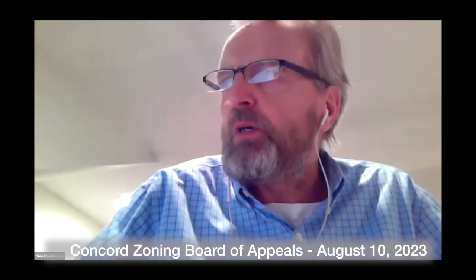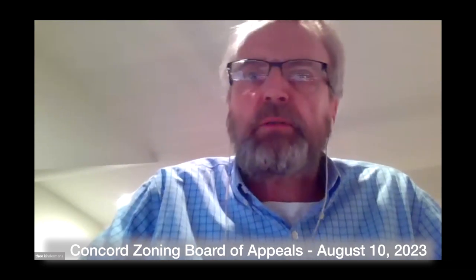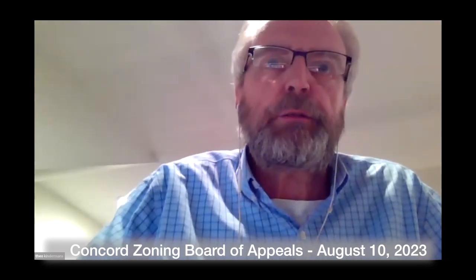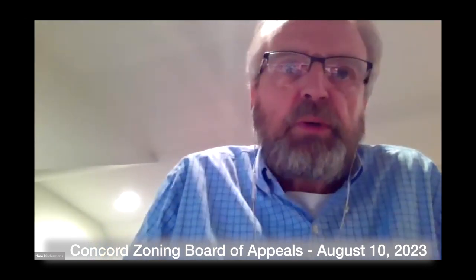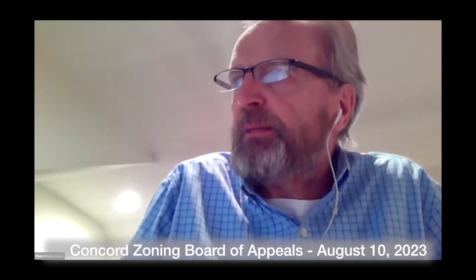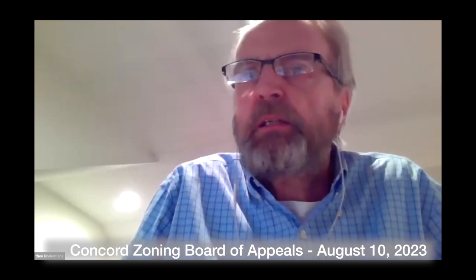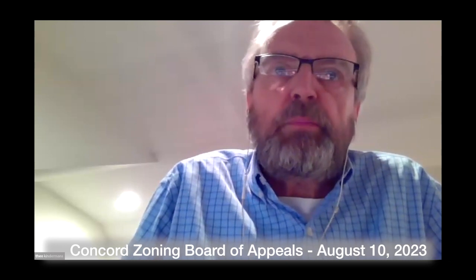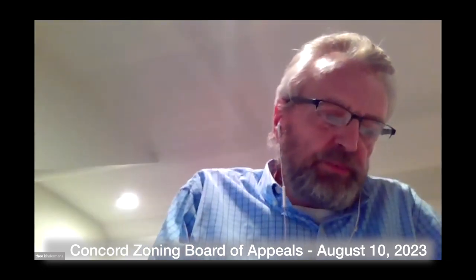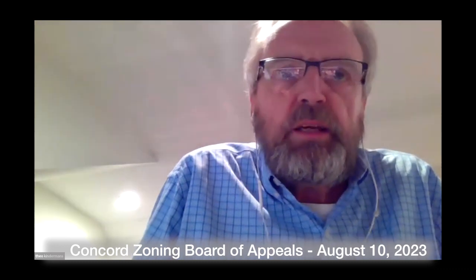I have no qualms about this, especially since it's an existing structure. The adjustments to that structure are really very minimal. Even by the location on the lot that I'm looking at, it doesn't impact any neighbors. It's all very minimal. So that substantial detriment to the neighborhood threshold, I think, is very